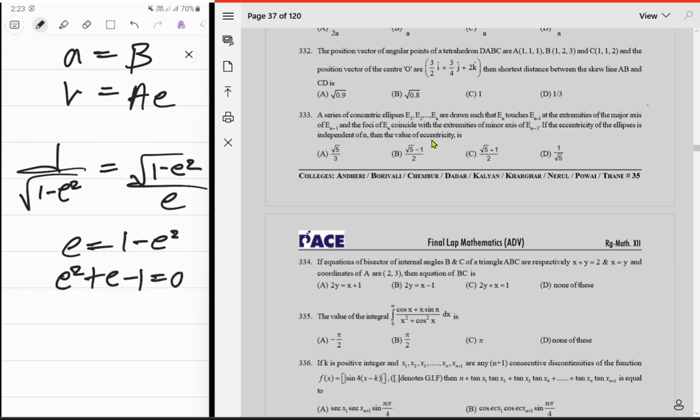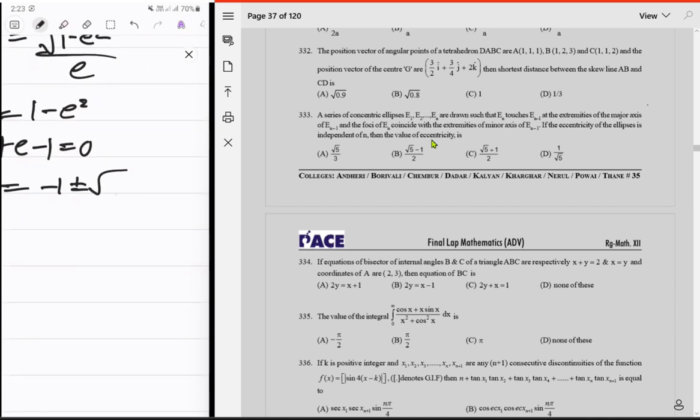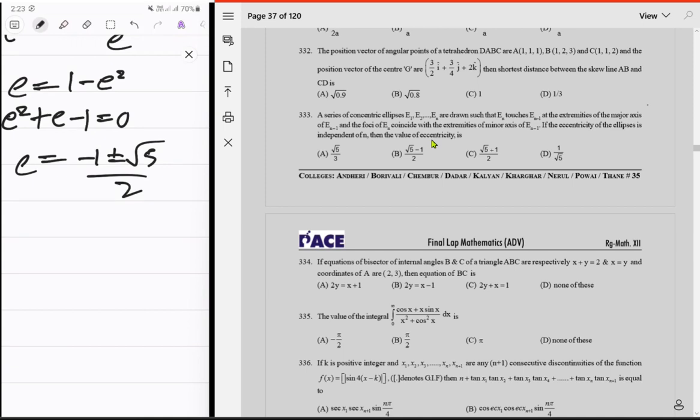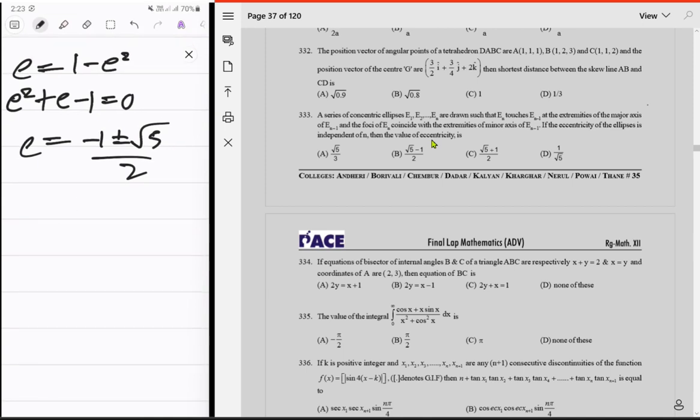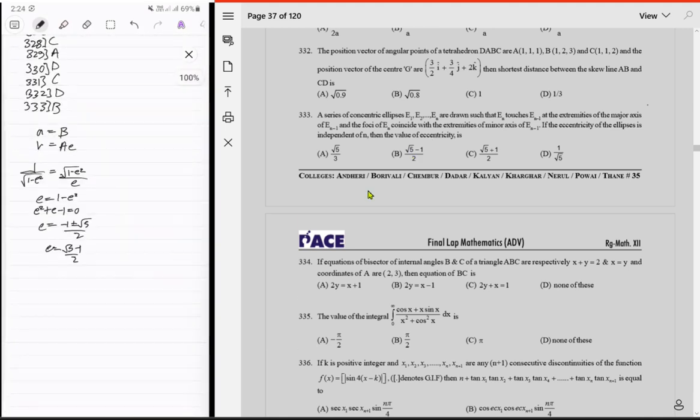So basically e is equal to minus b कितना होगा, just 1 plus minus square root of b square, just 1 minus 1 is like 5 upon 2. And of course ellipse has, so it has negative the whole separate, so just e has to be sort of square root of 5 minus 1 upon 2. That's our answer. So b is the thing. Next question, 334,